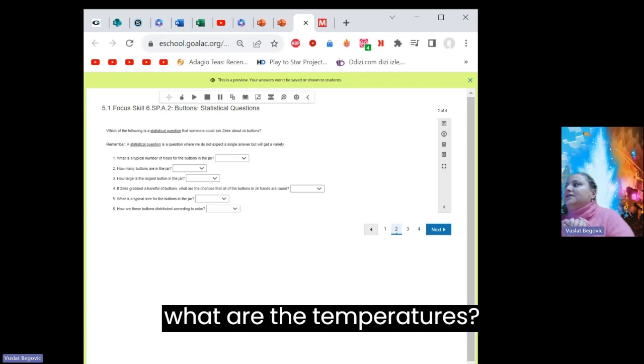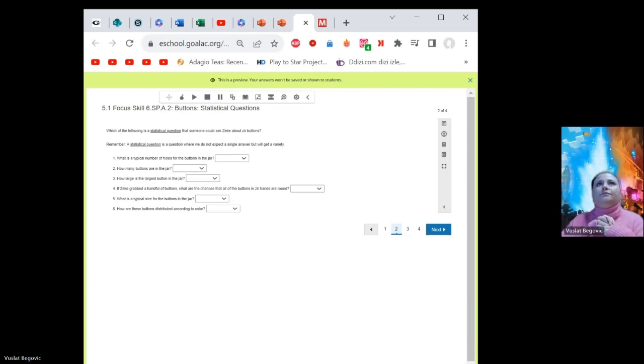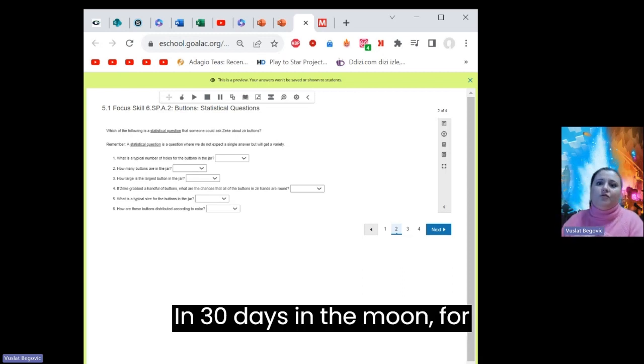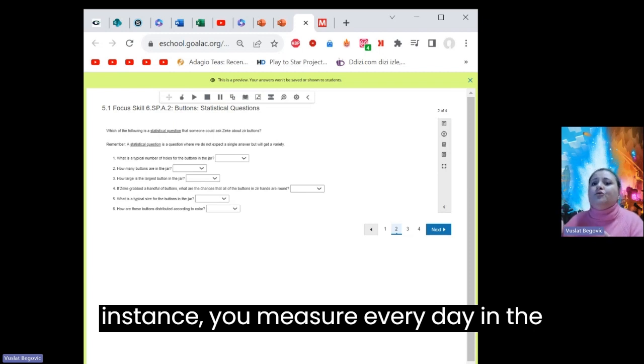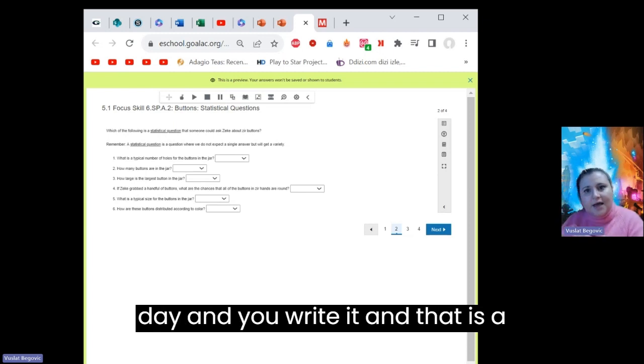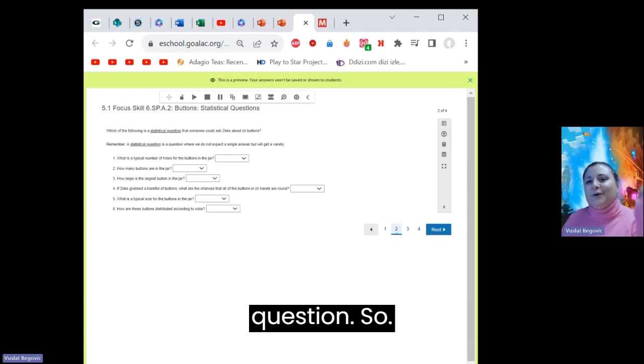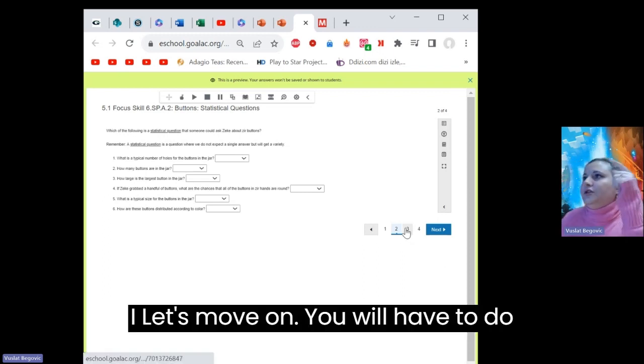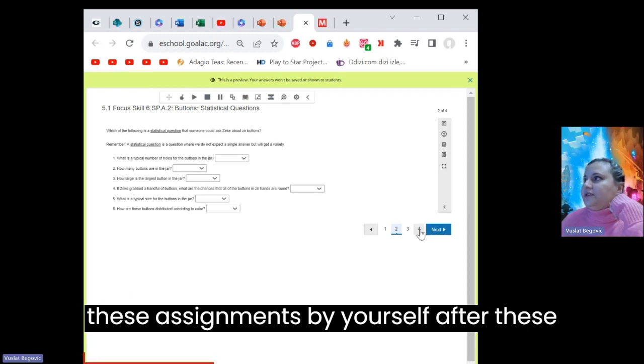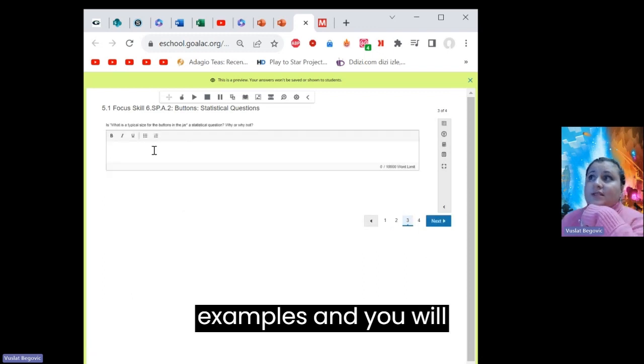However, if you ask, what are the temperatures in 30 days on the moon, for instance, you measure every day on the moon the temperature of that day, and you write it, and that is collecting data, and that is a statistical question. So let's move on. You will have to do these assignments by yourself after these examples, and you will answer,